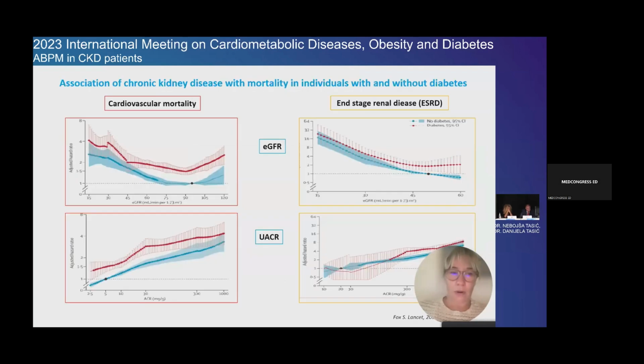The association of chronic kidney disease, in terms of estimated GFR, with cardiovascular mortality is not linear, it's actually curvilinear. So we can say that for both people with diabetes and without diabetes, the risk of cardiovascular death is higher even in those with glomerular hyperfiltration. Unlike albuminuria, well, the connection is obviously